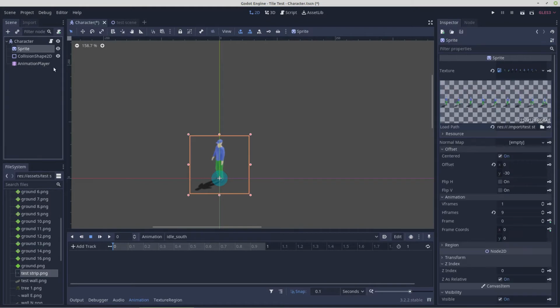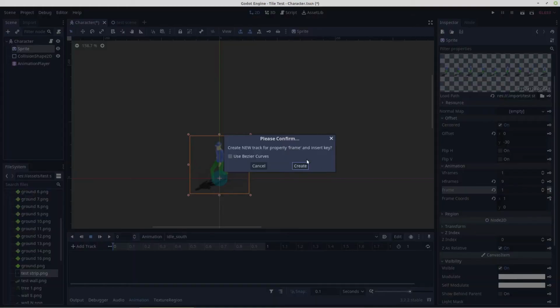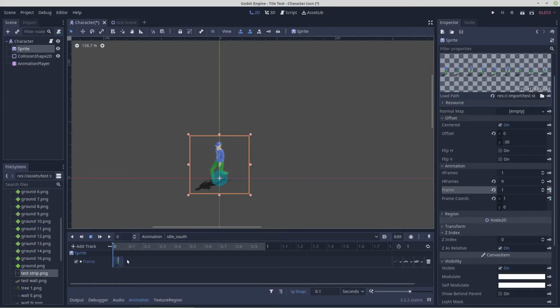And we'll select the sprite because that's what we're animating. To do our animations is the sprite sheet. So all we have to do is key in frame 0, the idle position, create that, and there's our idle animation. The frame automatically went to the next frame when we added this because it's looking to make an animation, and